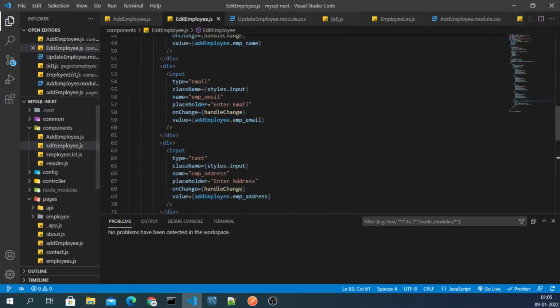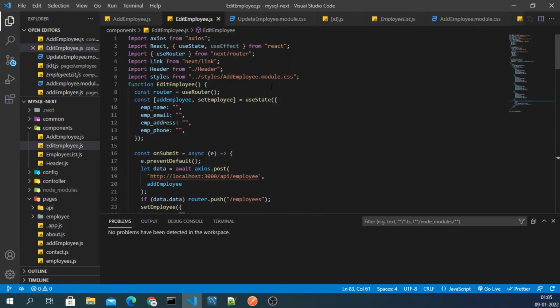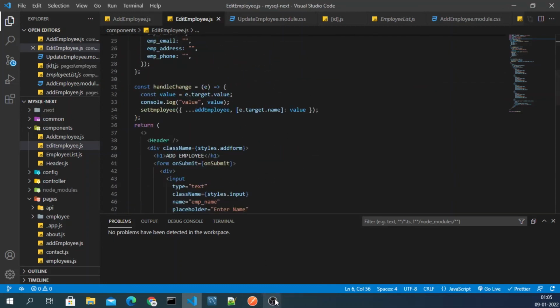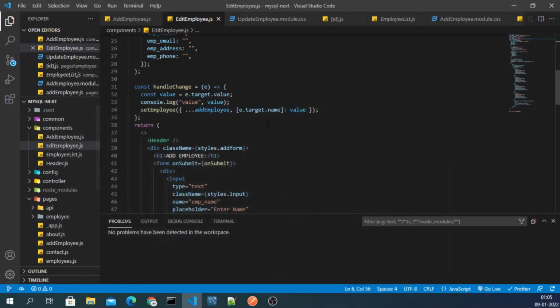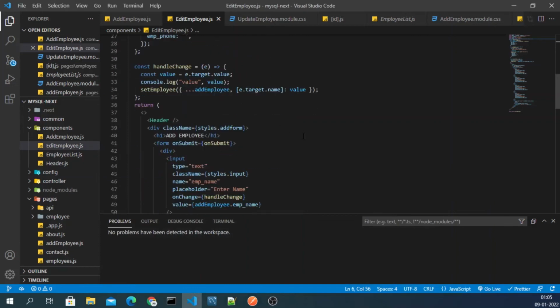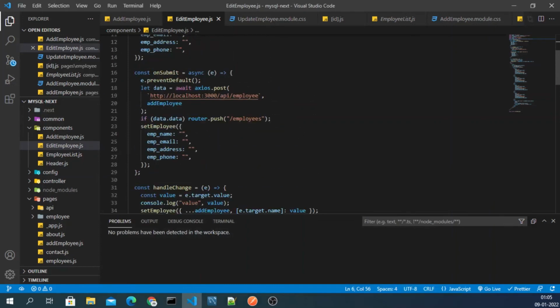Okay, and inside edit employee I will import that file, and this file will become my update slash update. Okay, and after that, what we have to do is change this post to put,